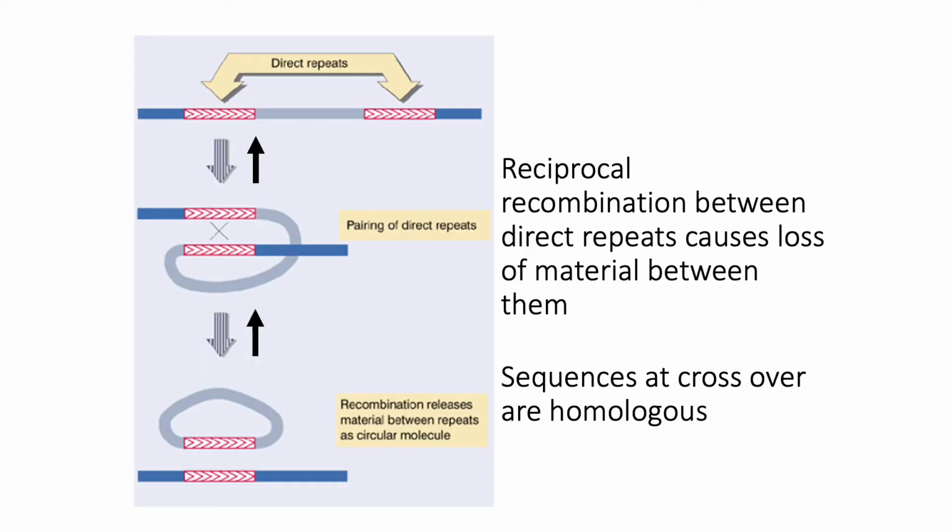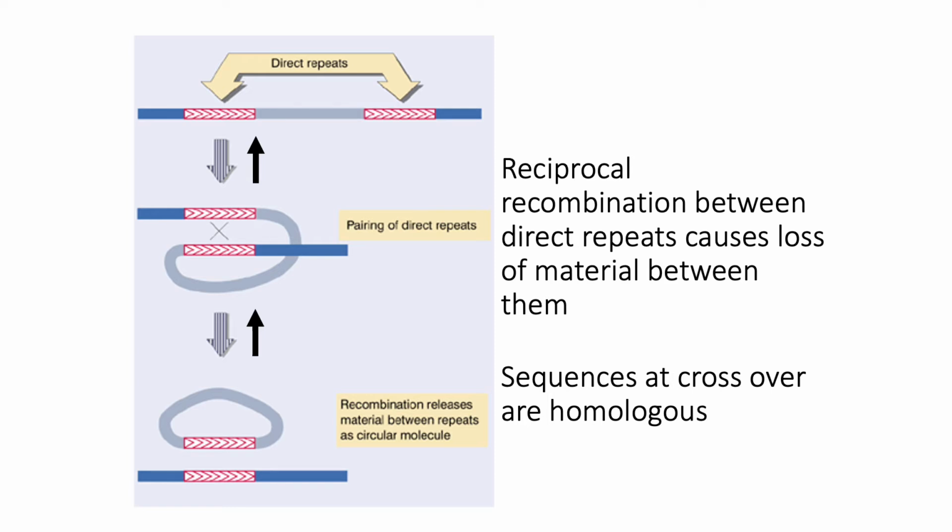Now we can have reciprocal recombination between repeated sequences on the same chromosome. So if they are direct repeats, meaning they're in the same orientation, they can loop around, pair up based on the homology. And if we get a crossing over event between those two, the result is looping out of the region in between. So we're left with one copy of the repeated sequences, which is a hybrid of the two repeats, depending on where the crossover occurred, and then a circle containing the other